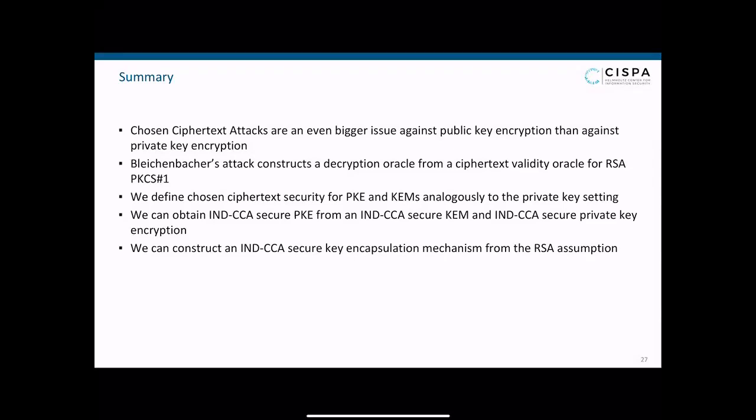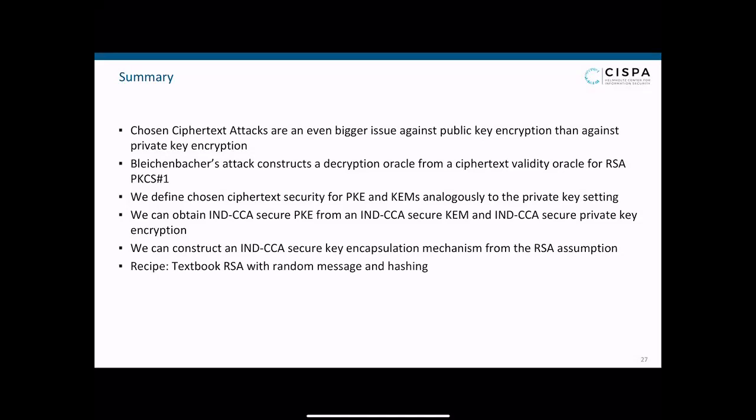On the other hand, generically, if you just give me any CPA secure public key encryption scheme, we don't know how to turn this into a CCA secure public key encryption scheme without the help of random oracles. If we're allowed to use random oracles, we know how to do this. If not, this is still a great open problem